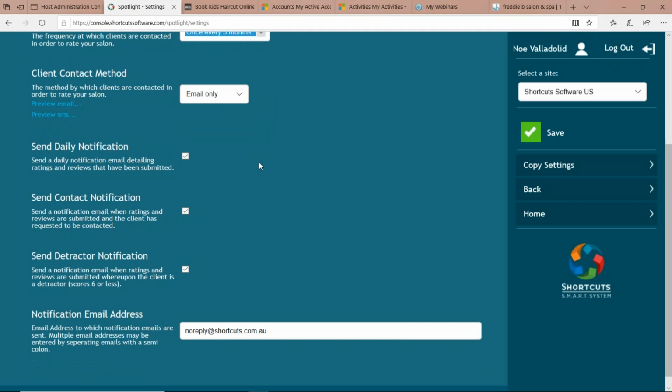Then down near the bottom, you have 3 options from Shortcuts where you can tell Shortcuts how many emails you would like to get as the business owner or manager. Do I want to get a daily email? So do I want Shortcuts to tell me, today I sent out 12 surveys and 2 customers responded to the survey? Or